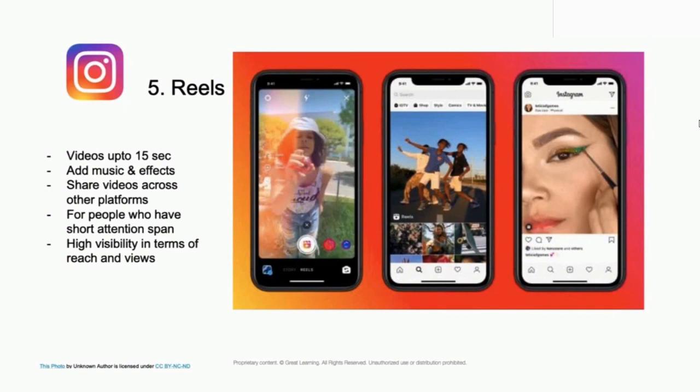This has very high visibility in terms of reach and views, because people are able to consume a lot more content in a much shorter time. And the Explore tab and feed are made in a way that you just keep on swiping up and consuming the content. That's why this is a new feature which is going to be very effective in driving reach and visibility for your Instagram, and for driving Instagram marketing as well. Once people reach and visit your Instagram profile, you can direct them to your website, as we have seen earlier. So for your brand, it's not just about branding and awareness which is happening through Instagram Reels, but it's also about more visibility and more traffic to your website as well.